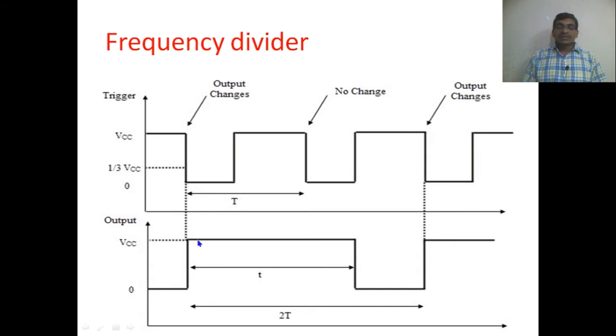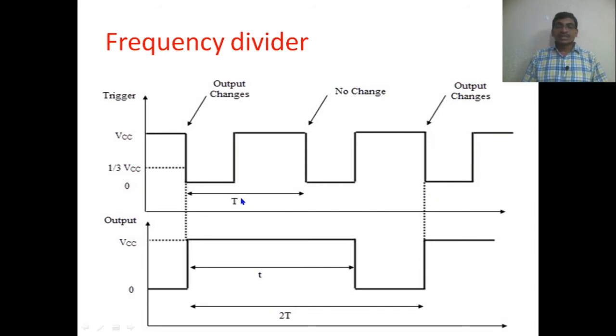Thereafter, after some time, the quasi-stable state of our monostable multivibrator ends, and it enters the stable state of 0. Now again, if we have a negative going edge at the input, this edge triggers the output to the quasi-stable state. Therefore the time between these changes is equal to 2 times the input time period. This is one time period, on period plus off period, and here again one on period and one off period form the second time period.